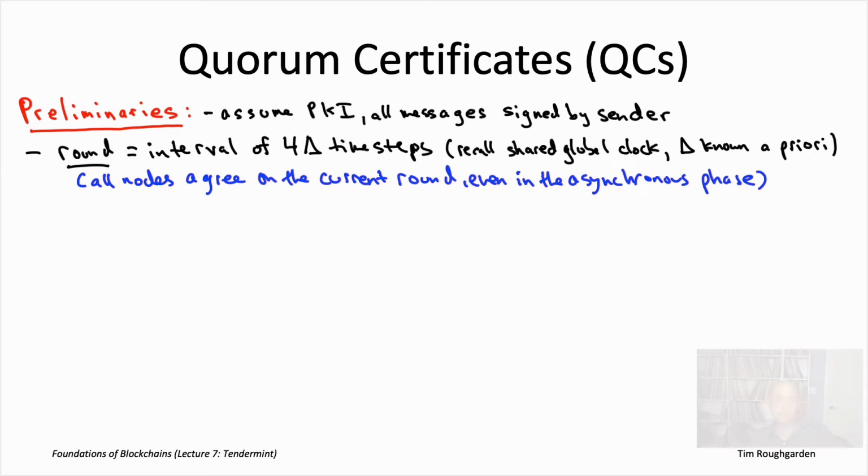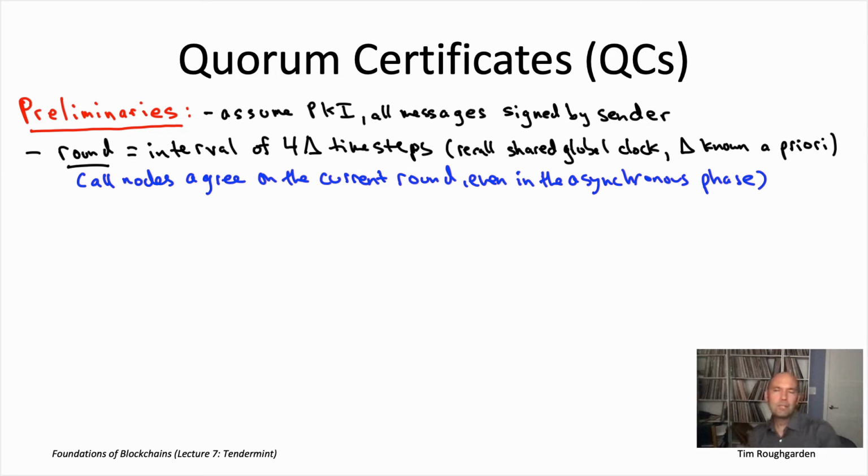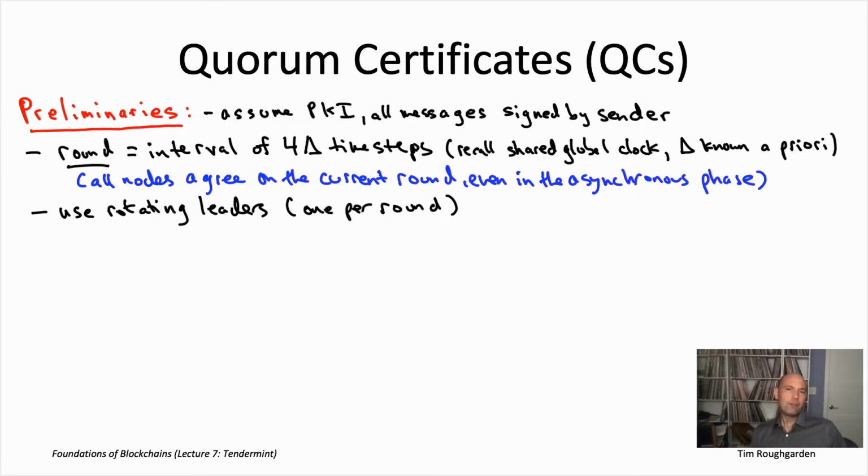What happens in one round is going to resemble a Byzantine broadcast protocol. If you remember way back in lecture number 2, we reduced state machine replication to iterated Byzantine broadcast through the use of rotating leaders. And so here again, we're going to have rotating leaders. The leader of a given round is going to be responsible for proposing the initial block. It is trivial for all of the nodes to keep track of who the leader is for each round. And that's because of 2 assumptions.